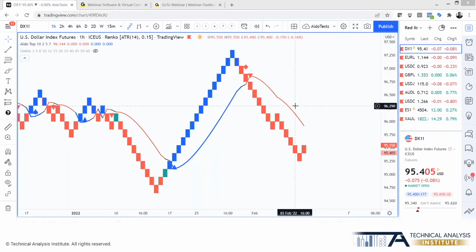Now, there are three reasons why I'm teaching you Renkos and even repeating the class. The first reason is because, obviously, it must be part of your general knowledge as a decent, well-educated technical analyst. While you don't have to be an expert on all charting styles, it is important to know them, and to know how to use them, and to know in what situation it is best to use them,